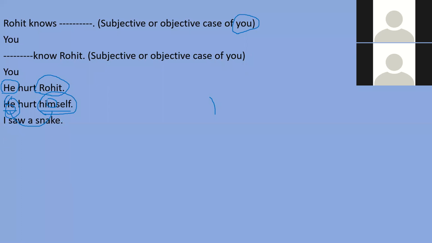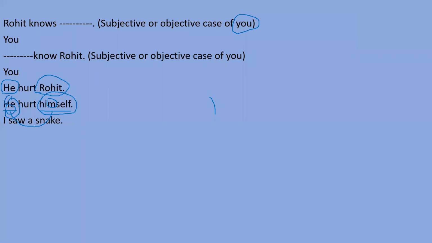See the next sentence. I saw a snake means I is the subject and snake is the object. Both are different things: that's the animal, that's the person. But if I say, I saw myself in the mirror, so I is the subject and myself is the object here, but both are the same person. मैंने खुद को मिरर में देखा, देखने वाला भी मैं हूं और जिसको देखा वो भी मैं हूं. So whenever we have to write the same person in the objective case, we write reflexive pronouns. Clear?